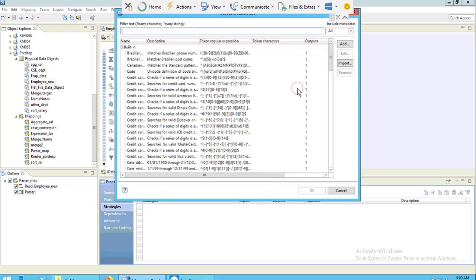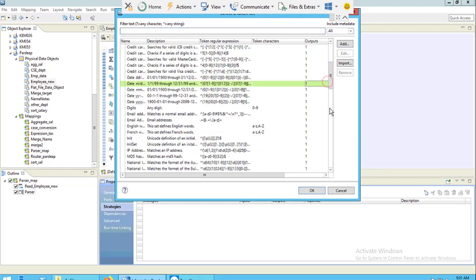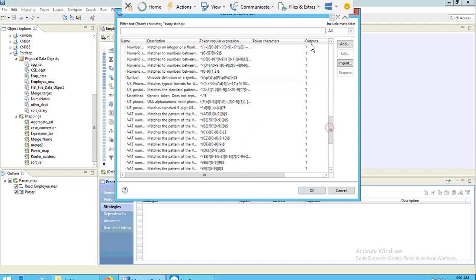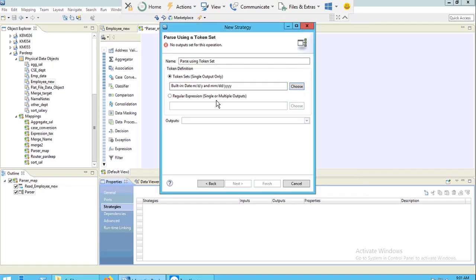You can click on choose, and you can see there are a lot of token sets or regular expressions already created for this, but in all the cases you can see my output is 1. You can see here the output column is 1, and this is the token regular expression. Now I don't want to use this.